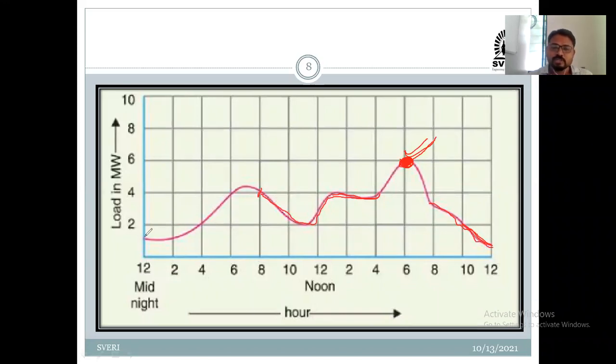From this curve, if anybody asks you where the maximum load is connected or where the maximum demand is, then you can say that whatever this upper point is on this curve, it indicates the maximum load connected to the system, or you can say there is a maximum demand from the consumer to that particular station. If it is possible for you to tell the maximum load, it is possible for you to tell the minimum load.